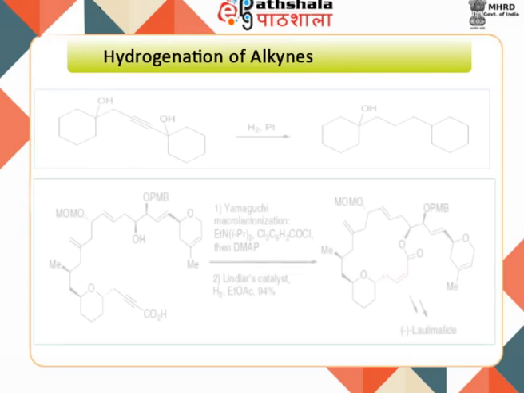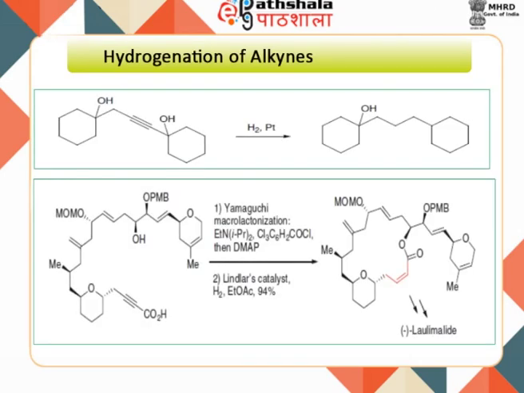For complete conversion of alkyne to alkane, Pt, Pd catalyst or Raney nickel are used. However, if a propargylic alcohol group is present, it may occasionally undergo hydrogenolysis, especially when Pt catalysts are used. The use of Lindlar's catalyst to get Z-alkenes is a most important example of such transformation.